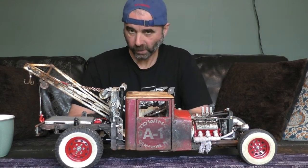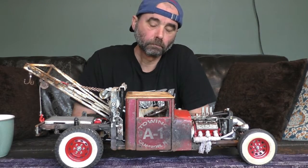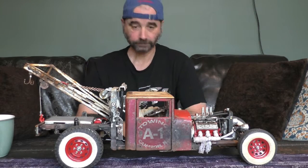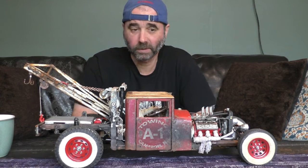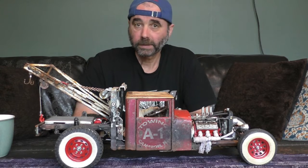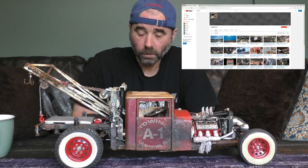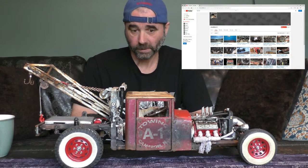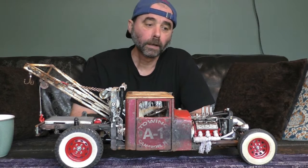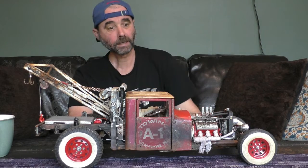This is the build video for the Wrecker Life rat rod tow truck, 1928 style rat rod tow truck. Before we get into it, I just thought I'd mention a couple of things. The tow truck itself is a tribute build to Jonathan W.'s channel. He owns a wrecker business, A1 Towing, in Cameron, North Carolina. And I've been following his channel for a long time and enjoying his content, and that's why I decided to